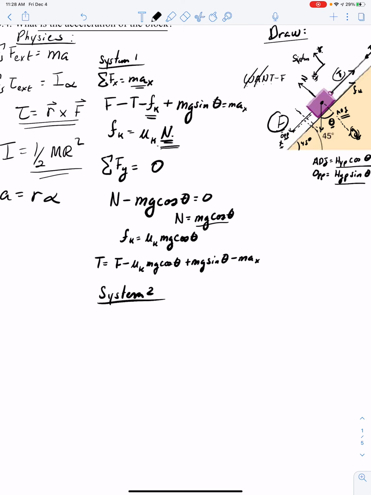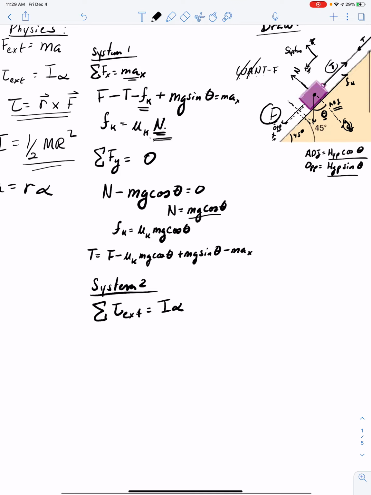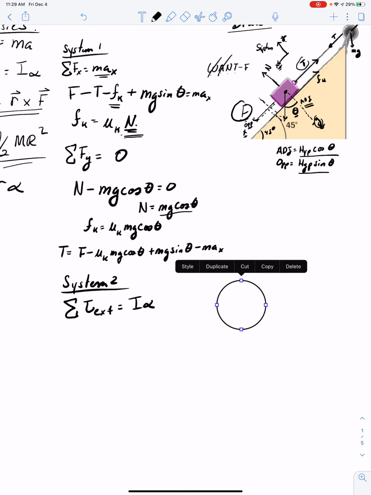So system 2 is the pulley, and immediately after, right off the bat, since it's a pulley, you go: the sum of all external torques is equal to moment of inertia times angular acceleration. Right off the bat. Since we're solving for the torque, remember, torque is